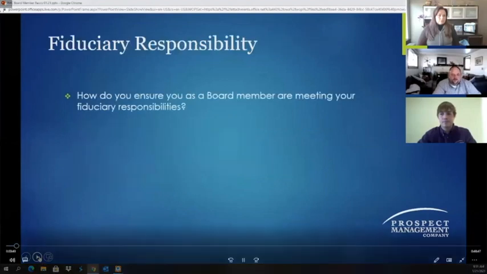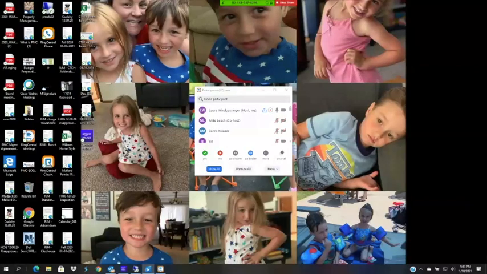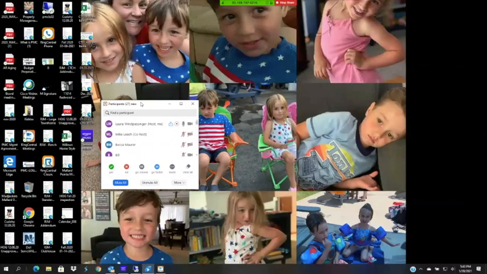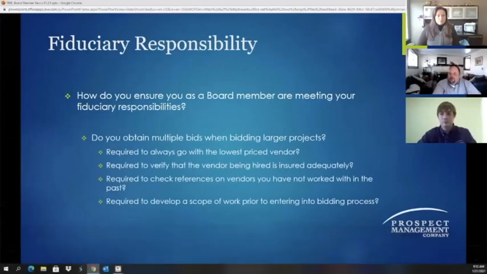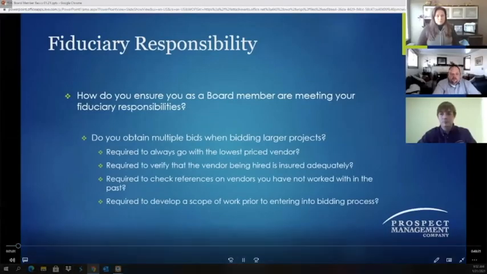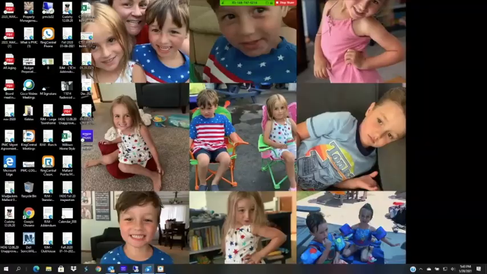So how do you ensure that you're meeting your fiduciary responsibilities as a board member when it comes to getting bids? Do you always go with the lowest price vendor? That's a great question to ask yourself, and not necessarily, because you could have a vendor who comes in extremely low that you've never worked with and it's just too good to be true, and chances are it is.